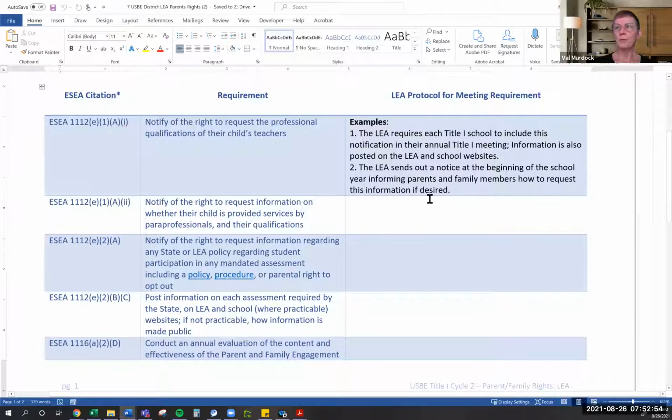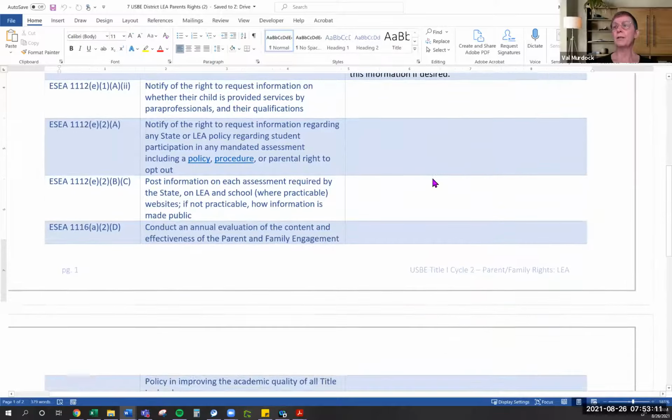So, some possible ways to make parents aware. Now, just posting on a website is not enough, but to post on a website and then include the link in a newsletter would definitely help parents be able to access the information they need. You would continue that for each of the items